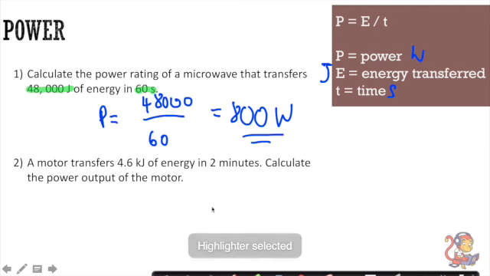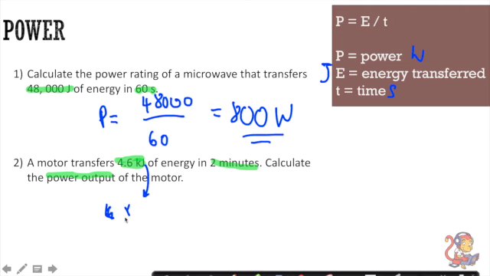And down here we've got a motor transfers 4.6 kilojoules of energy in 2 minutes. Calculate the power output. So in this one, a little bit trickier. They don't have many of these on the foundation, just maybe one or two, but you need to recognise that that's in the wrong unit. That needs to be in joules. So to do that, to calculate in joules, we times by 1,000. So that would be 4.6 times 1,000,